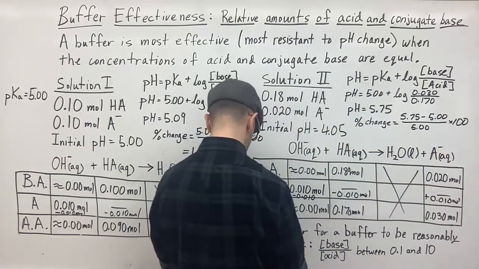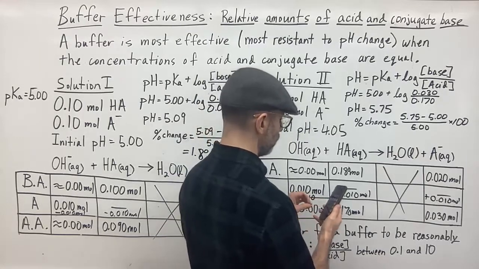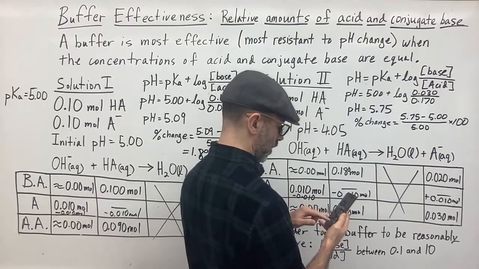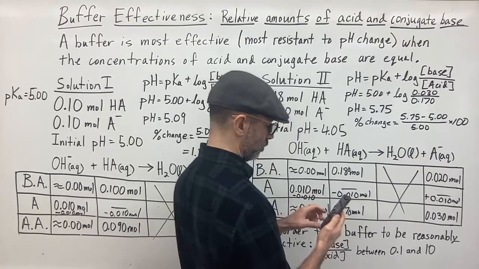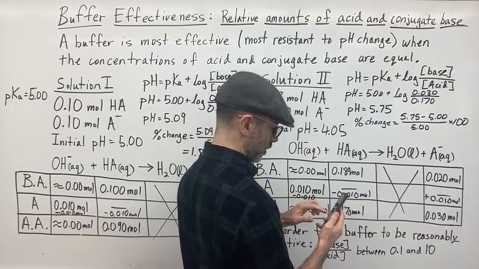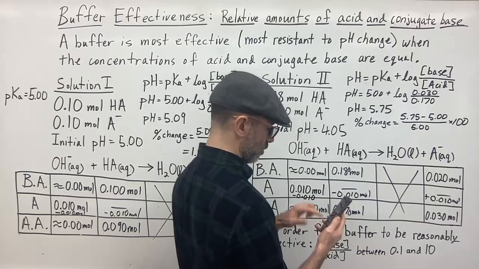And our percent change is going to be, so 5.75 minus 5.00 equals, divided by 5.00 equals times 100 equals,